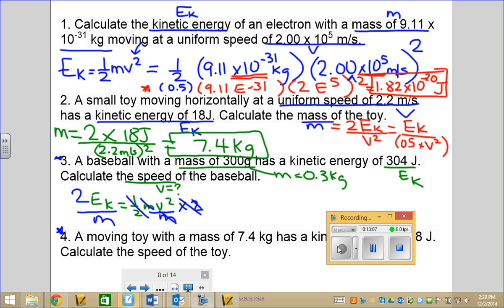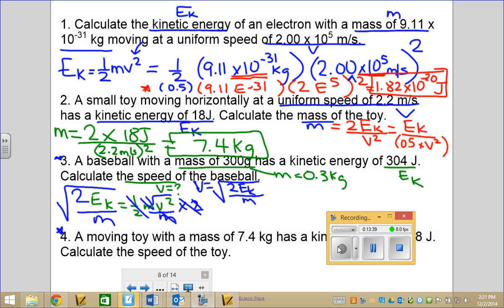Those M's will cancel out. Now the last thing I need to do is get rid of the power of 2. To get rid of the power of 2, I have to do its mathematical opposite, which is a square root. So that means if I'm going to calculate V, V will be equal to the square root of 2 times